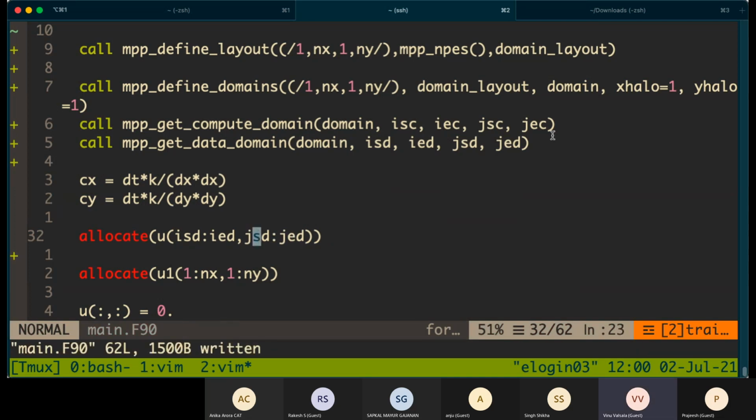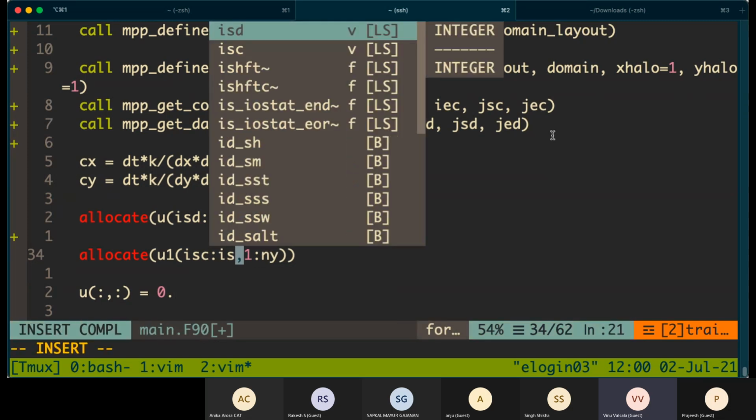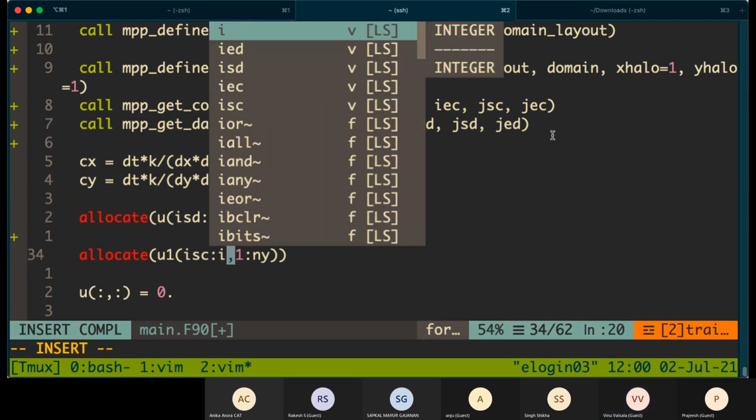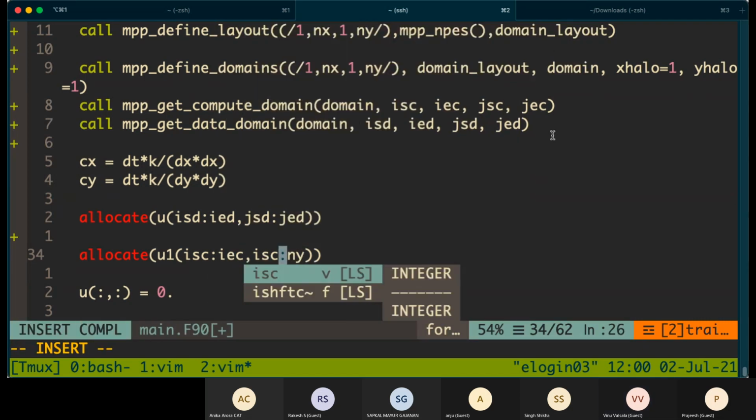So this variable is in the data domain, and this one is in the compute domain. This can also be in the data domain, but it's not necessary. You can just keep it in the compute domain.